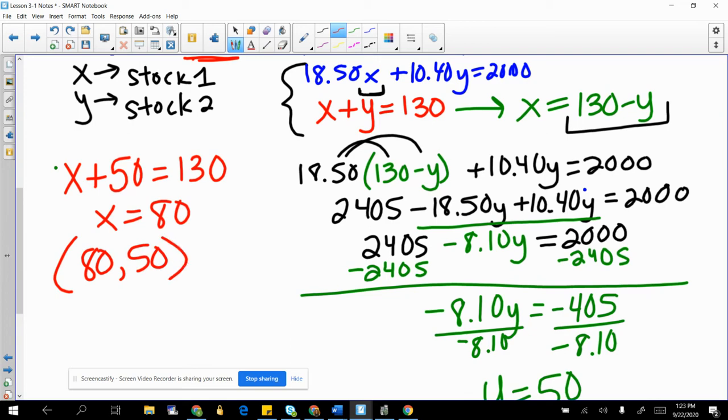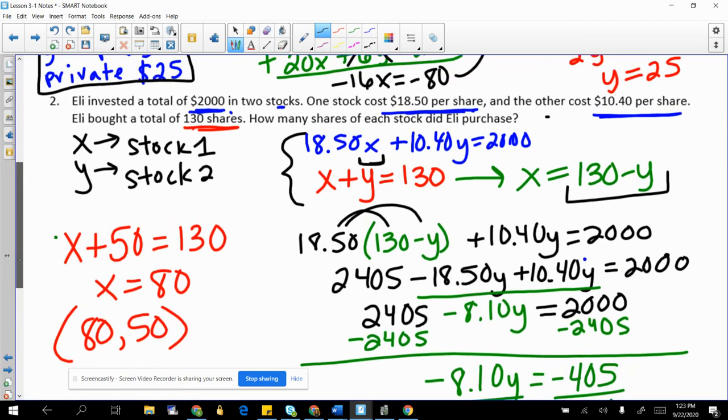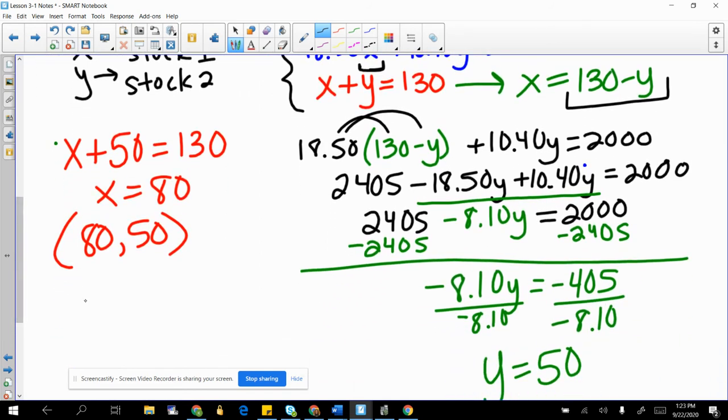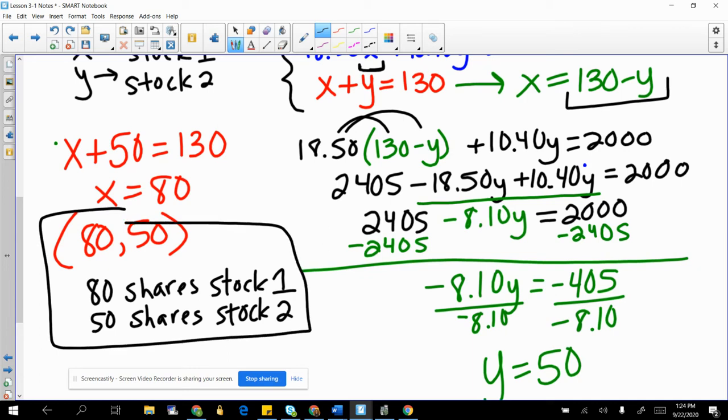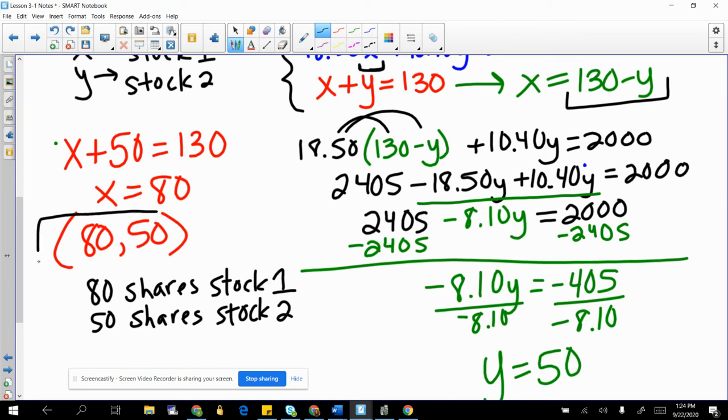And if you were to write that out in an explanation, you would say how many shares of each stock. So we would say 80 shares of stock 1 and 50 shares of stock 2. Okay, beautiful. And again, you guys know you can be checking your work by plugging back in to make sure it makes them true. Okay, awesome. Then moving right along,